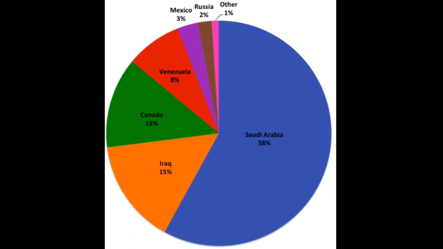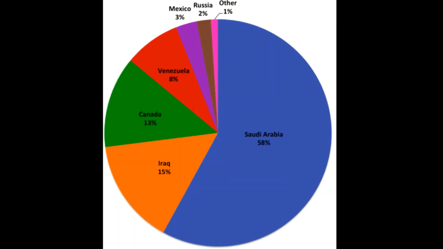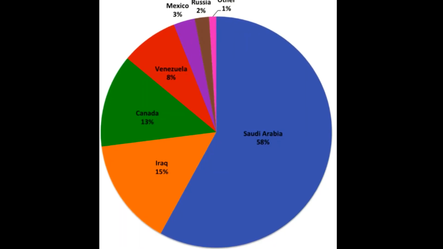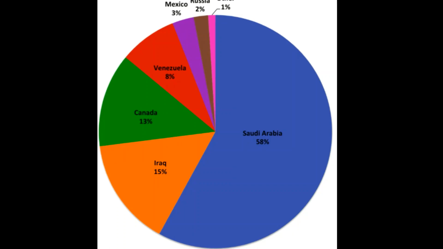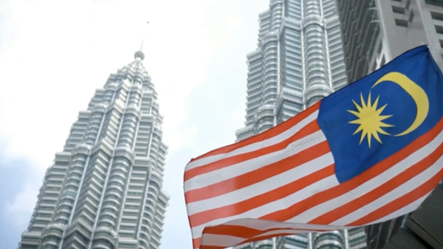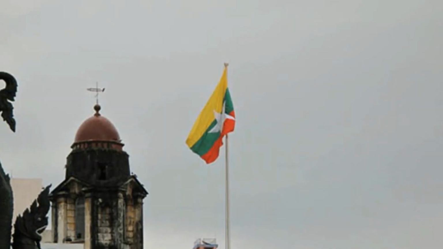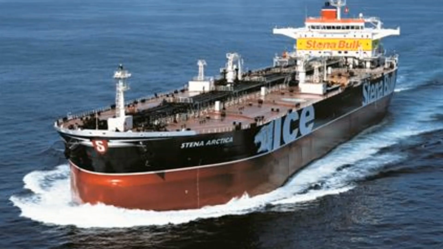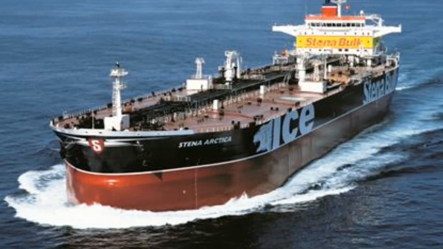This chart represents the countries where most of the oil reservoirs are situated, and also those countries who lead in the oil trading industry to other nations. There are many smaller countries like Malaysia, Burma, and Cambodia who do not have much natural oil reserves, so for them, crude oil products have to be imported from other countries.